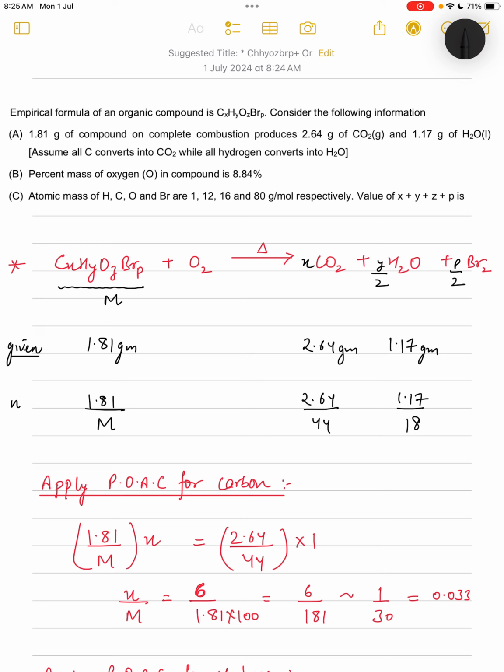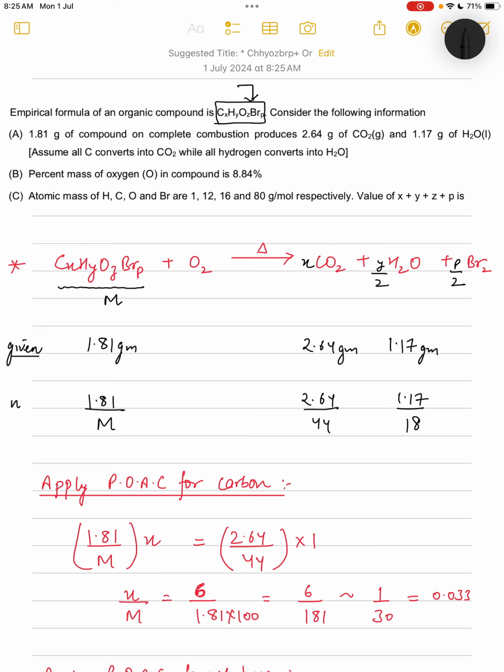Let's continue with our series of advanced questions. Now, in this question, we need to find x plus y plus z plus p. An organic compound CxHyOzBrp is given to you, and we need to find the sum of all the coefficients, that is x plus y plus z plus p. Now, to solve this problem, we should have an understanding of a few concepts, like we should know